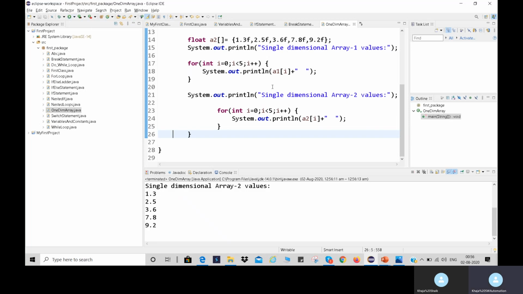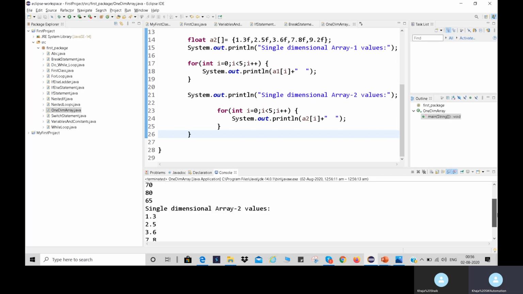It is showing the array values like this. Single dimensional array values: from the first array it is displaying all the values, and from the second array it is displaying all the float values. Here we use single dimensional arrays.